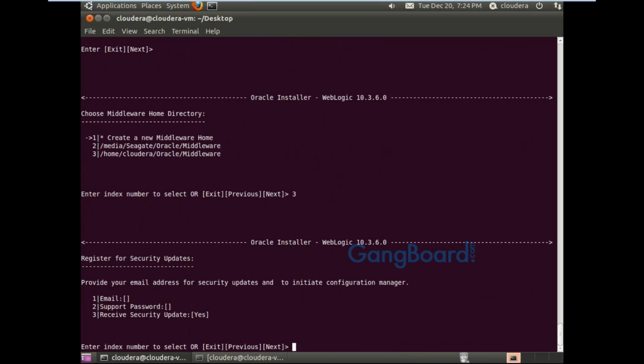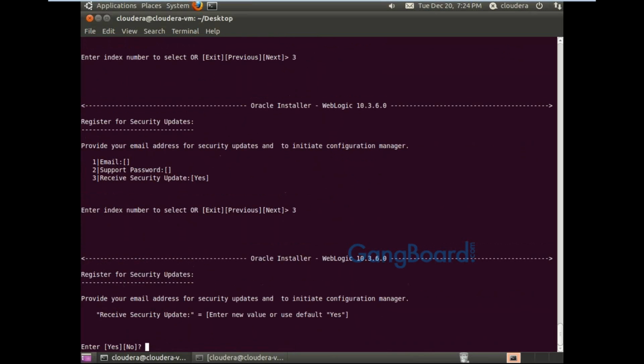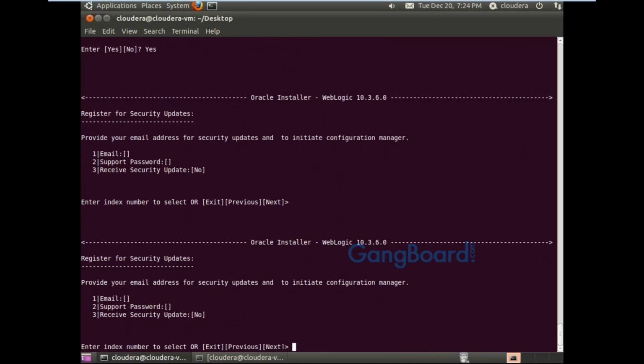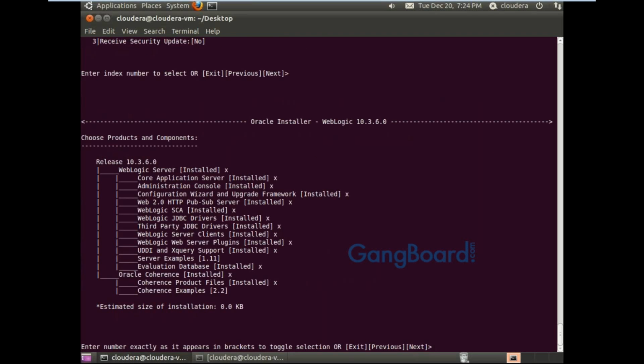It is asking for your email and password to receive security updates. We'll go for 3. Enter a new value, yes or no, no. Do you wish to be uninformed? Yes. Next. Now I am here.